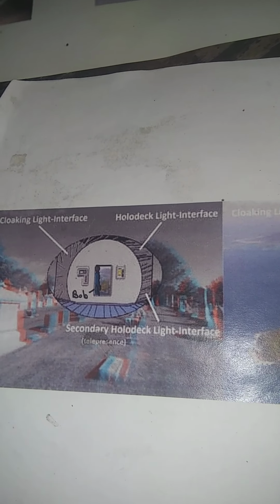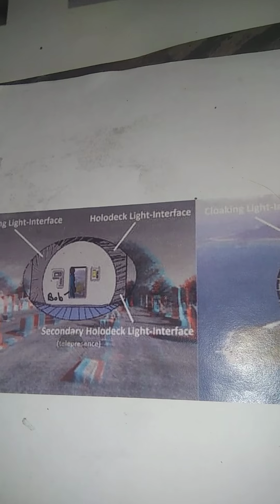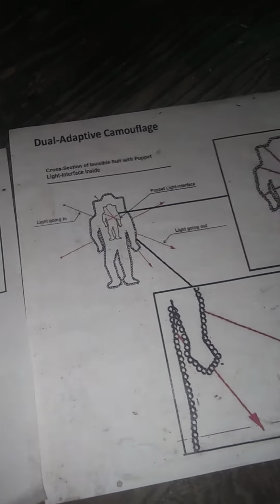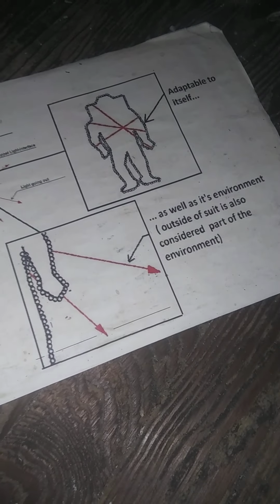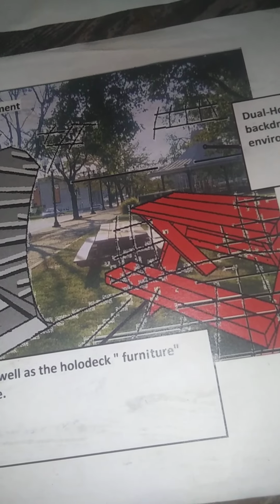And you're dealing with still images. But with televisual images, you need an extra interface to send light through and to experience the virtual realities either in the backdrop or in the foreground hologram, televisual telepresent form. And dual holodecks, by the way, the dual holodeck furniture environment is the cousin to dual adaptive camouflage. In this case, the puppet, a moving puppet interface, is adaptable to itself as well as its outside environment. The outside of the suit is considered part of the environment. And I didn't put the apostrophe, it's not supposed to be there. But dual adaptive camouflage is the cousin to dual holodeck series, the background holodeck, backdrop holodeck scenery, and the